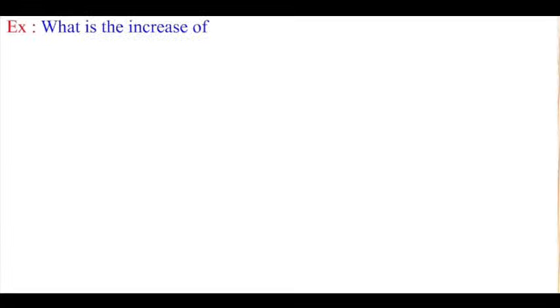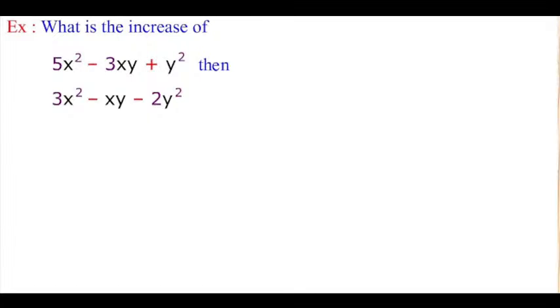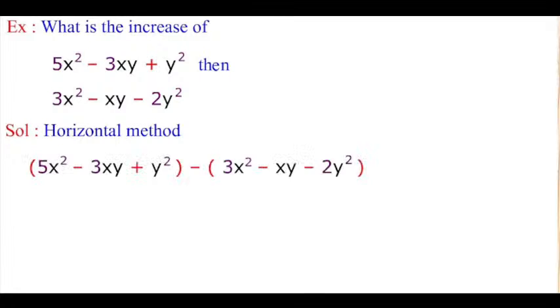Example: what is the increase of 5x squared minus 3xy plus y squared, then 3x squared minus xy minus 2y squared? Solution, horizontal method. 5x squared minus 3xy plus y squared minus 3x squared minus xy minus 2y squared equals